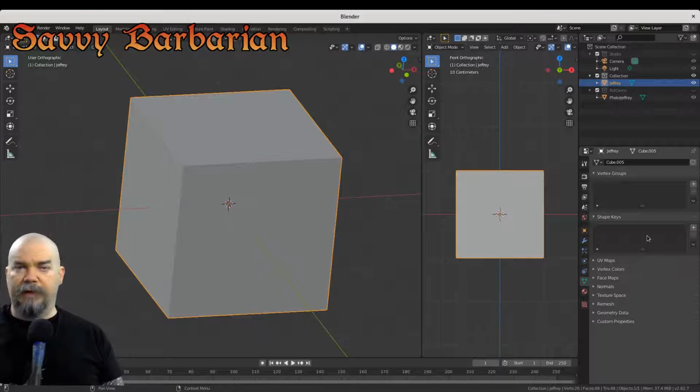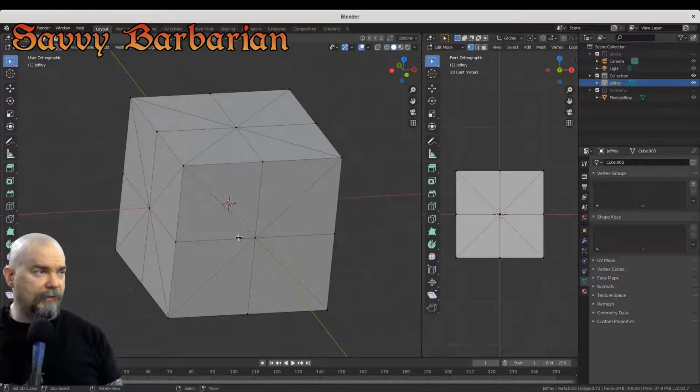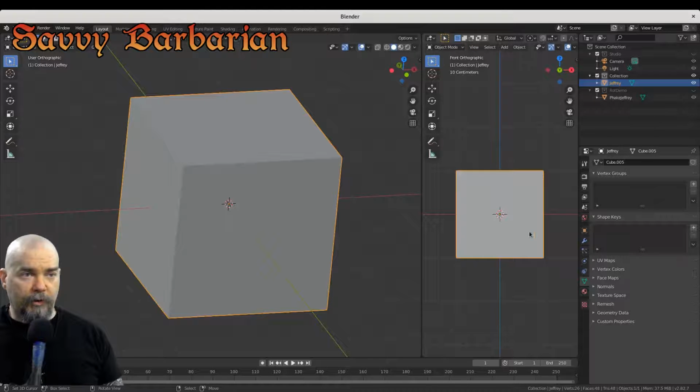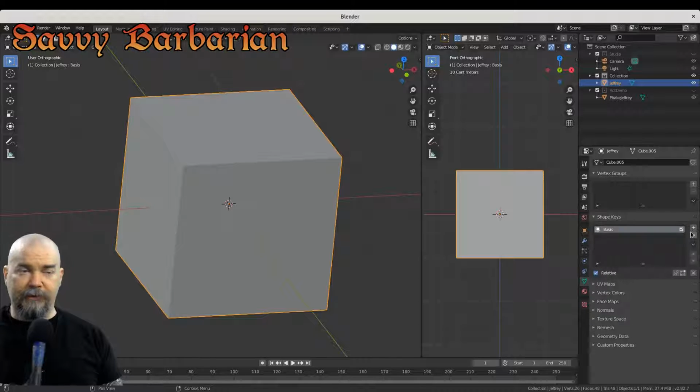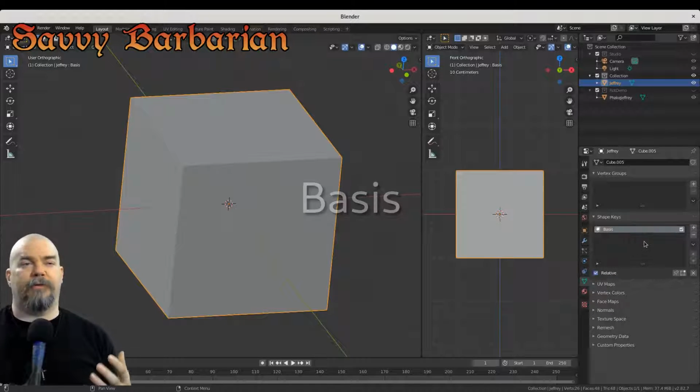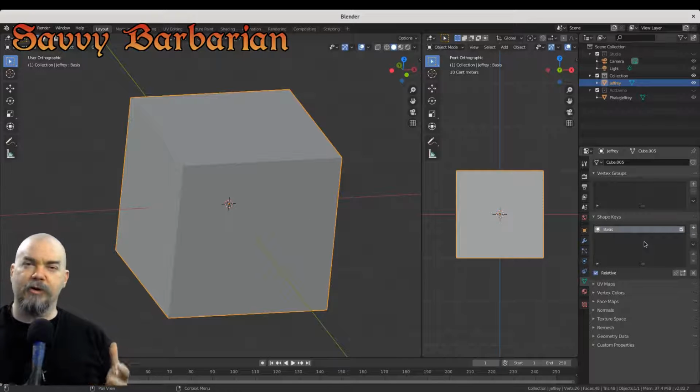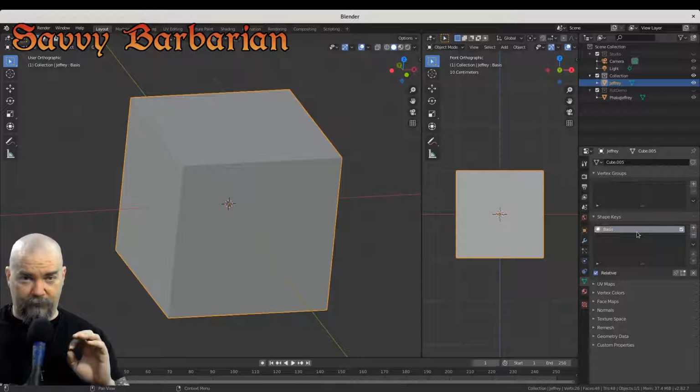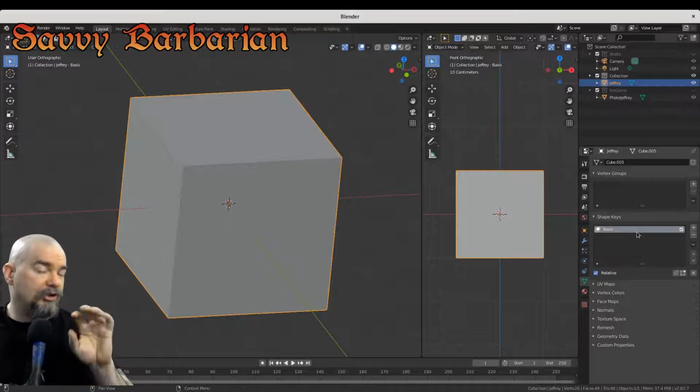So we're going to take a snapshot of what this object looks like. Now right now, if we go into edit mode, we can see I just have a couple extra vertices here, but I have the basic cube. And when I go over to shape keys, all I got to do is click this here plus button, and that is going to add something called the basis. Now, the basis is kind of Blender's way of holding the starter data. Like, where did all my vertices start? They're all starting here. They're all starting in this basis. So it's going to keep track of where all your vertices are,